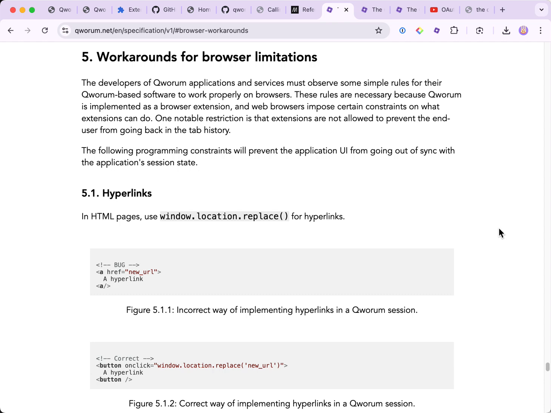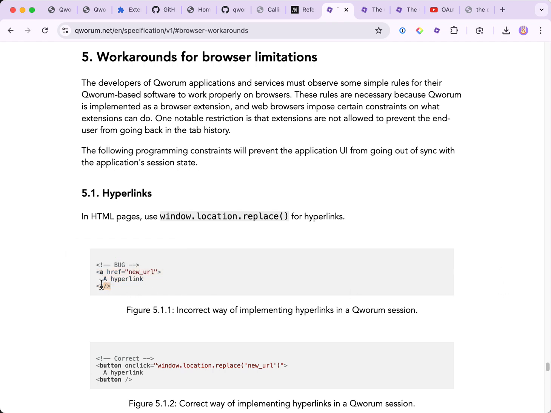So basically, that mandates that redirections should use a replace method. So a regular hyperlink would be uncalled for here.